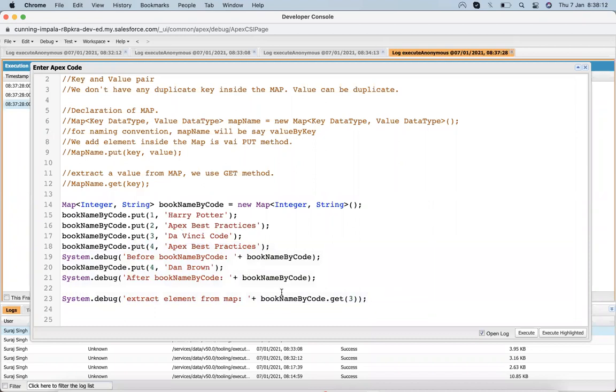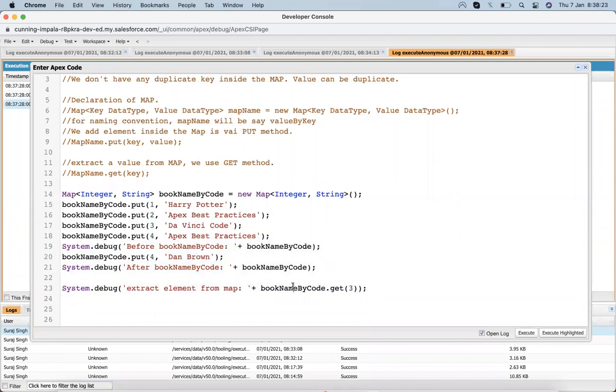And one more thing is important: suppose I am storing that value in some variable. At that time the data type must be the same. Since we are getting a value on the basis of the key, and the value data type is a string, if we need to store the extracted book name, its data type must be the same as the data type of the value.